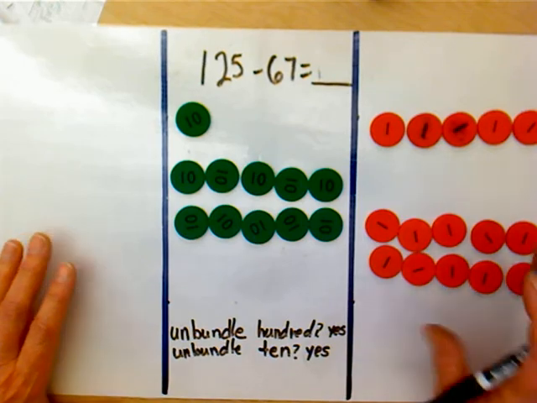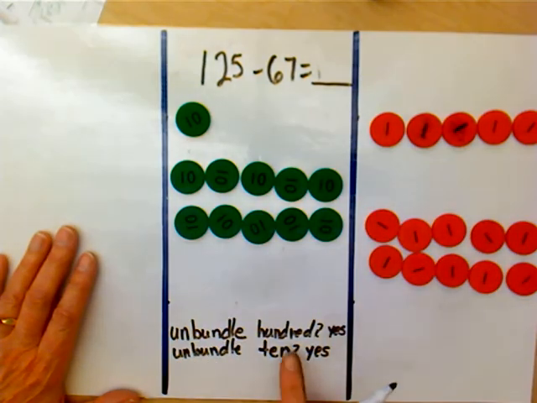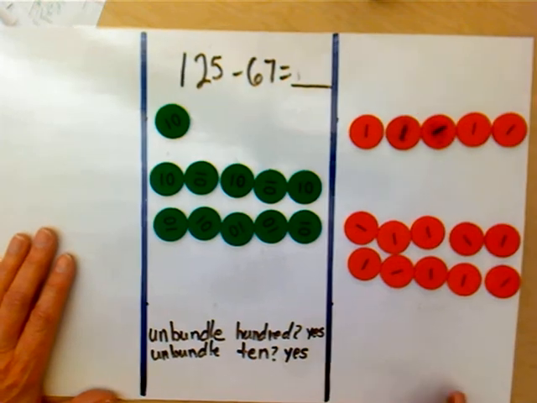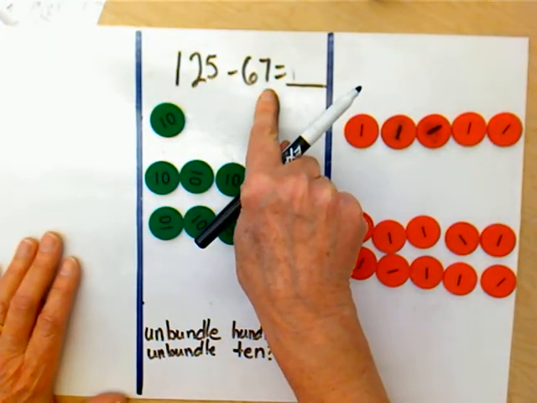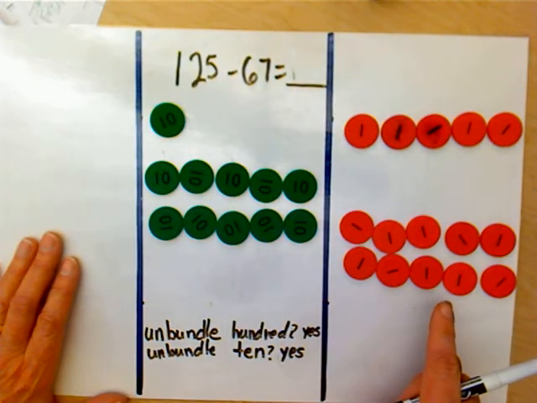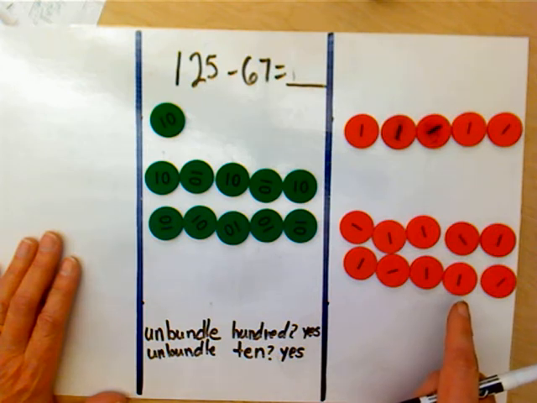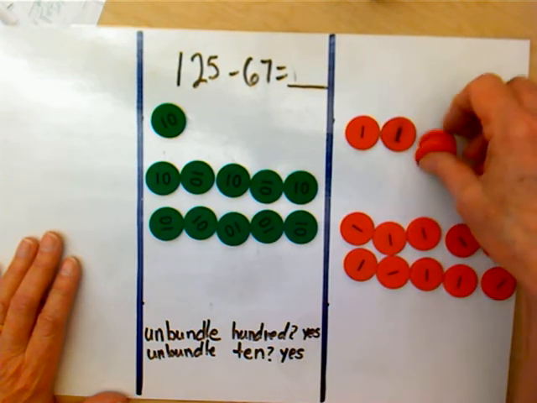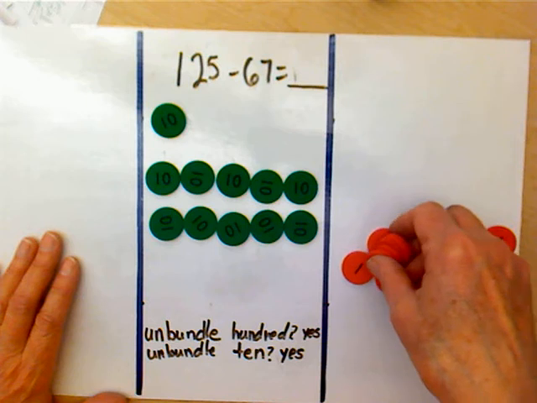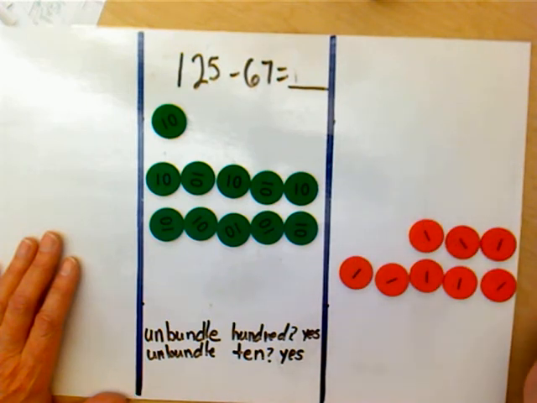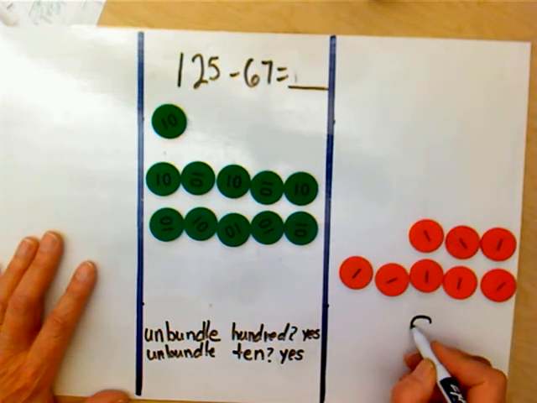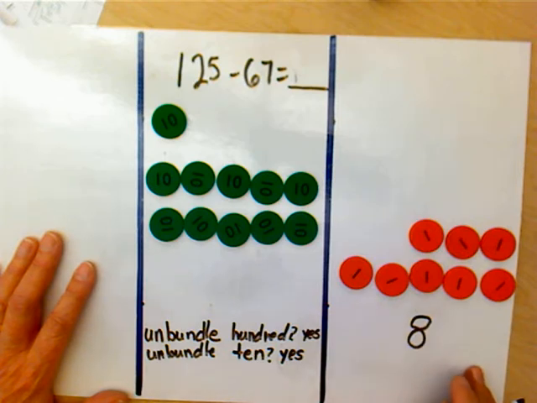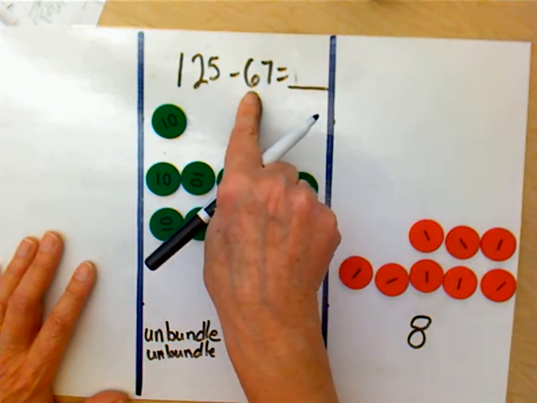All right, so now that I have done all of my exchanging where I had to decompose a 10 and a 100, I am now going to take 7 ones away from 15 ones. All right, here we go. 1, 2, 3, 4, 5, 6, 7. That leaves me with 8 ones. Okay, so now I have 8 ones, and now I'm asking myself, can I take 6 tens away from